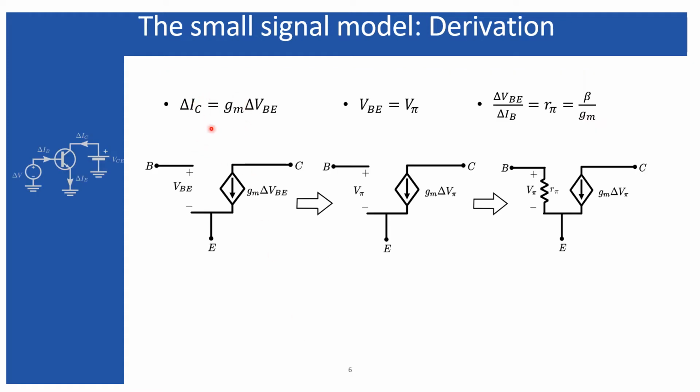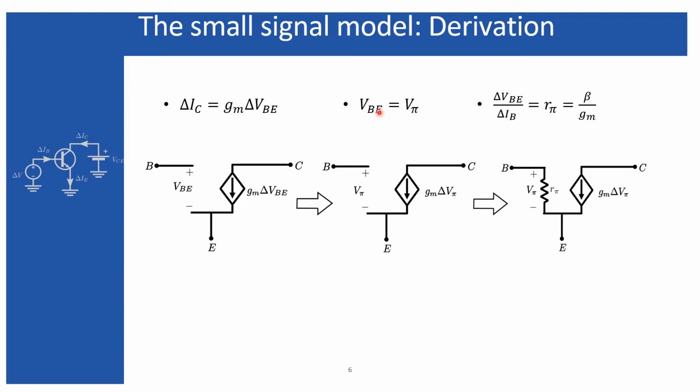So this delta IC equals Gm times delta VB, that represents the voltage dependent current source. There is a collector current, so that is why I have included this voltage dependent current source on the collector side. So this represents the collector, this one is the emitter. From the collector to emitter, this current source exists, simply one current source.